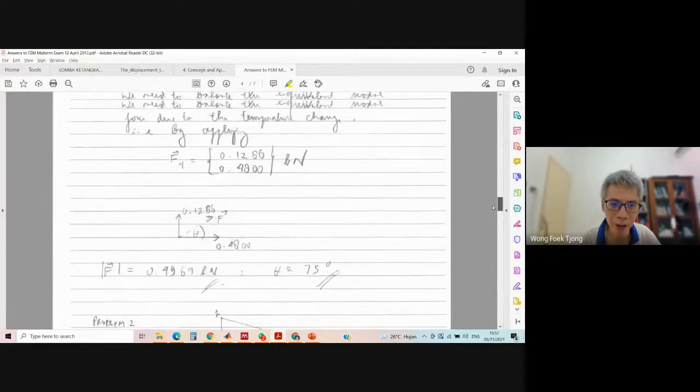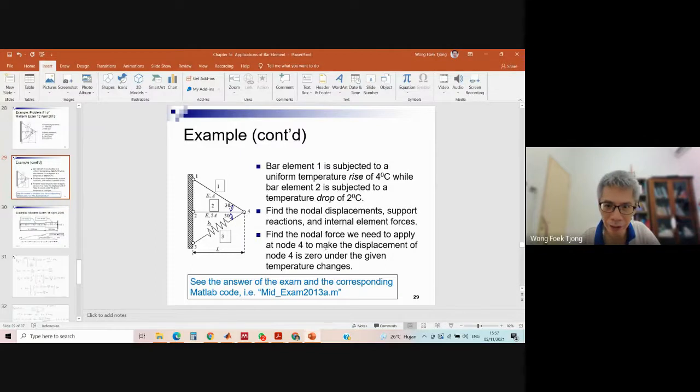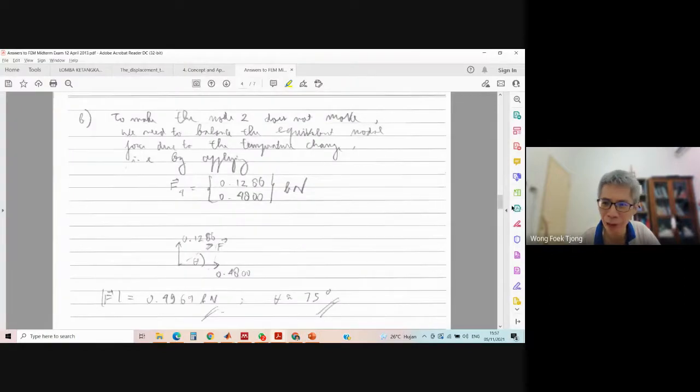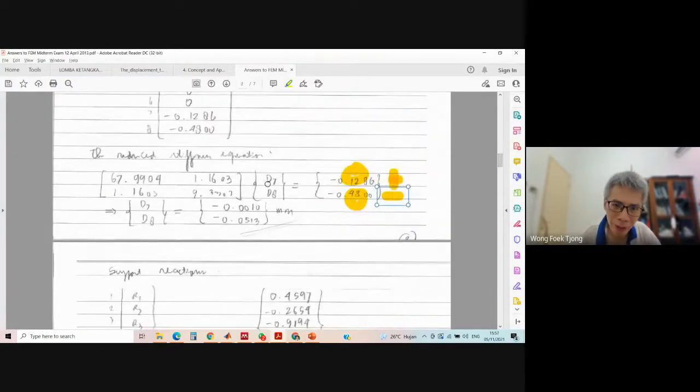I think this is more straightforward. So this directly answers the question, right? Directly answers the question. Don't need to compute again. If previously we used a support, it's also possible, but we have to compute again. This is using a smart way. Smart in terms of time, because we don't have to compute again. Just think about this one. How to make this zero? That's the question, actually.